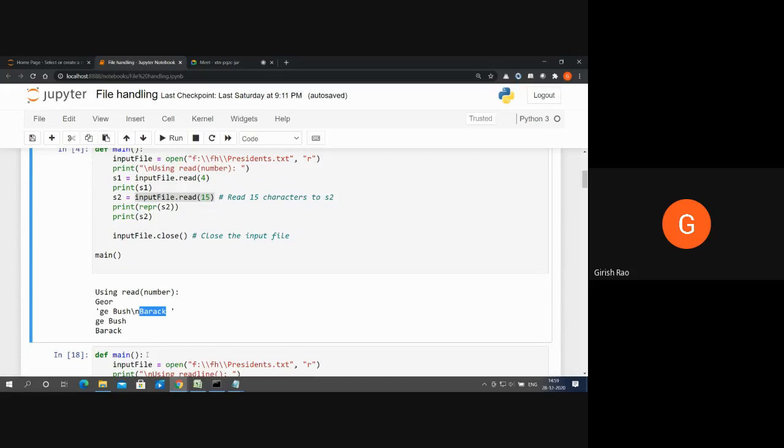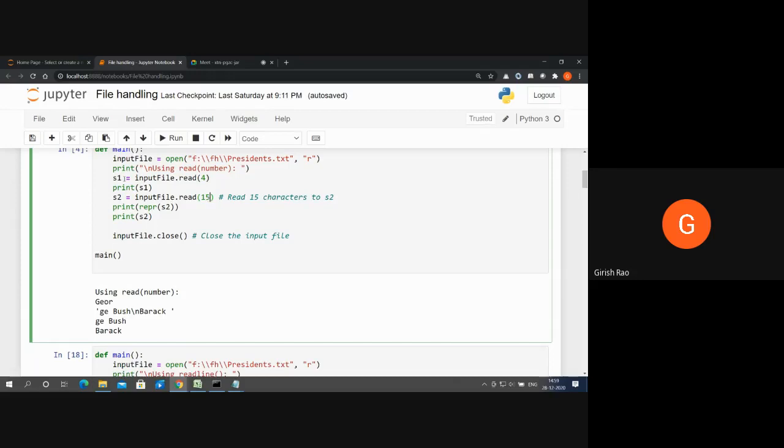Now kindly pay attention, very, very carefully. What is this? This is going to read the first four characters, which is this one. Clear? Then what is this? s2 equal to infile.read(15).